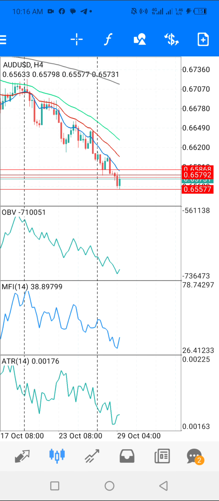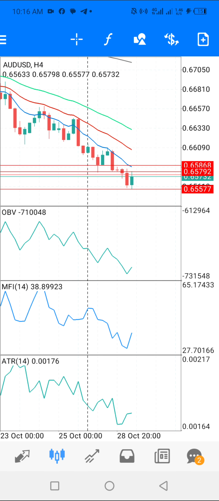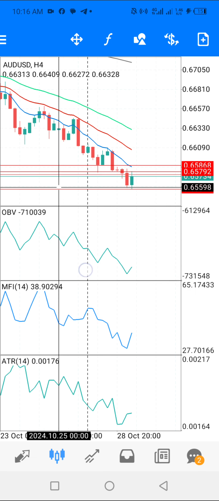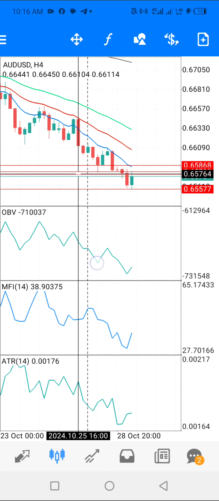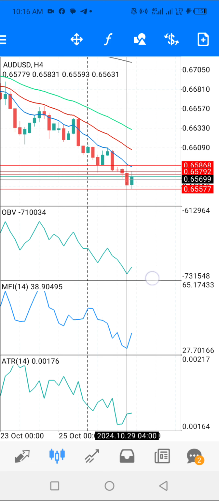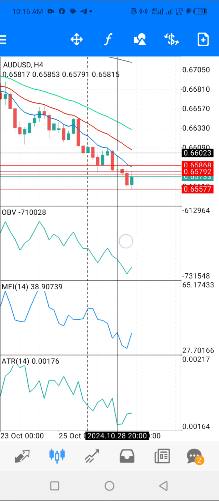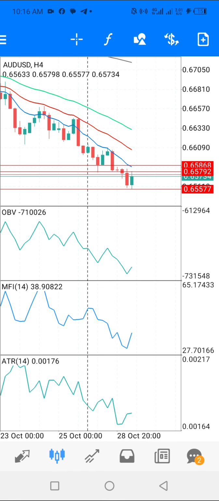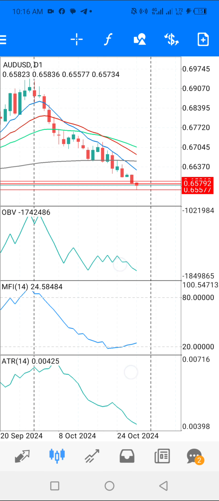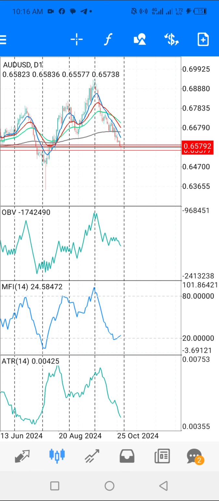I expect price to reach either of them, and then I expect to see a reaction. Each time it approached any of those levels, it gave a reaction, but not very substantial, and then it continued down. And I said, okay, I will wait until it gets to the 50% fib retracement level